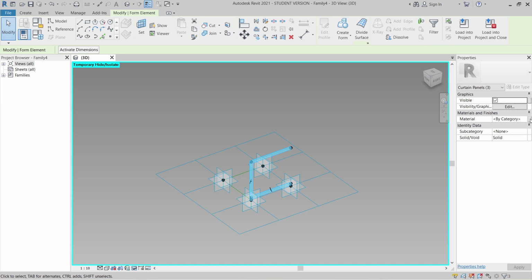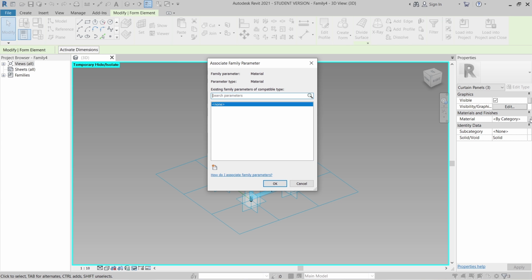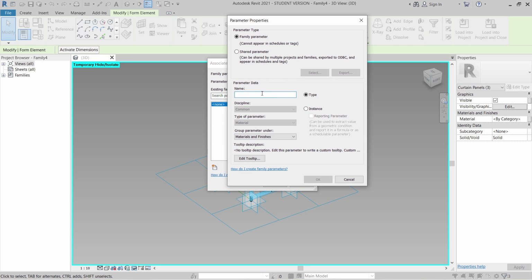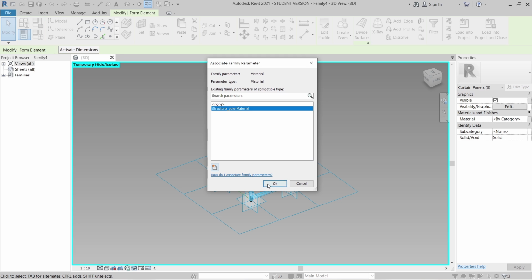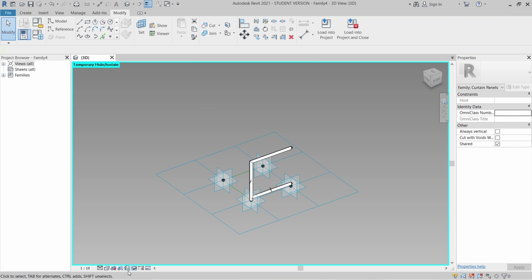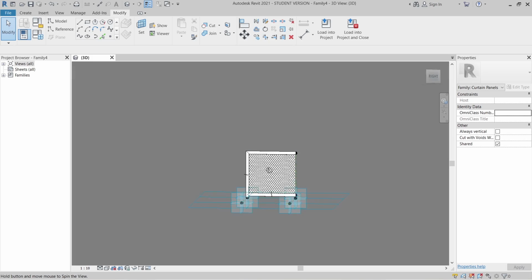And I can select my material or my property panel, create new, simply give a name for structure pole material. Yep. Then I can hit OK. Perfect. Let me reevaluate my element first. Okay, perfect.